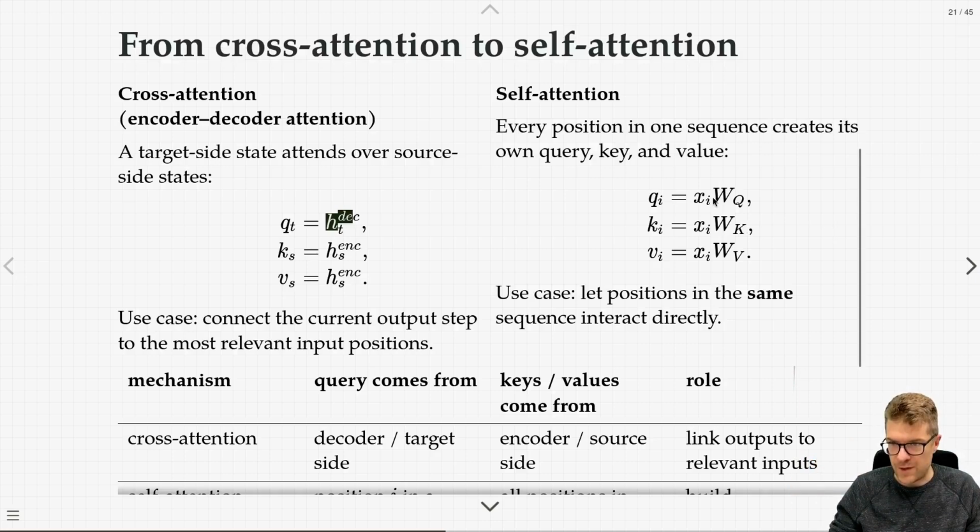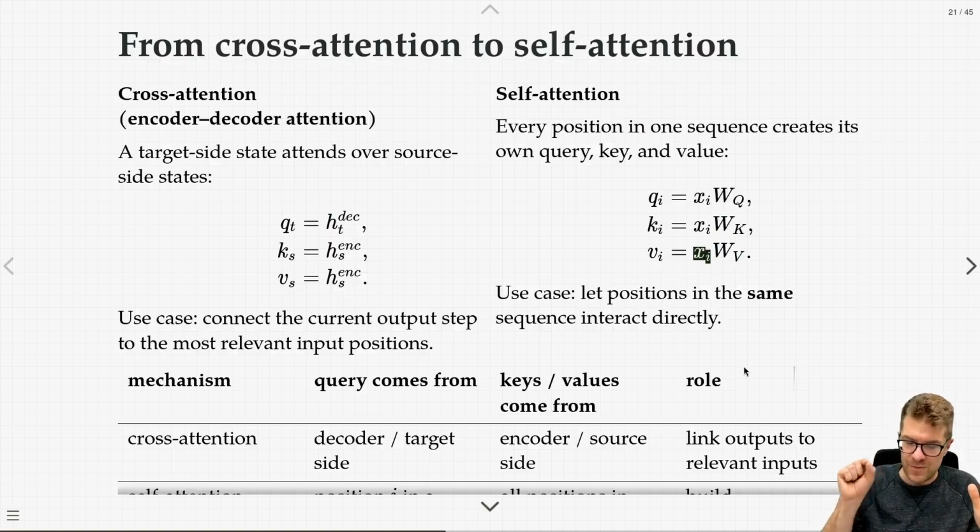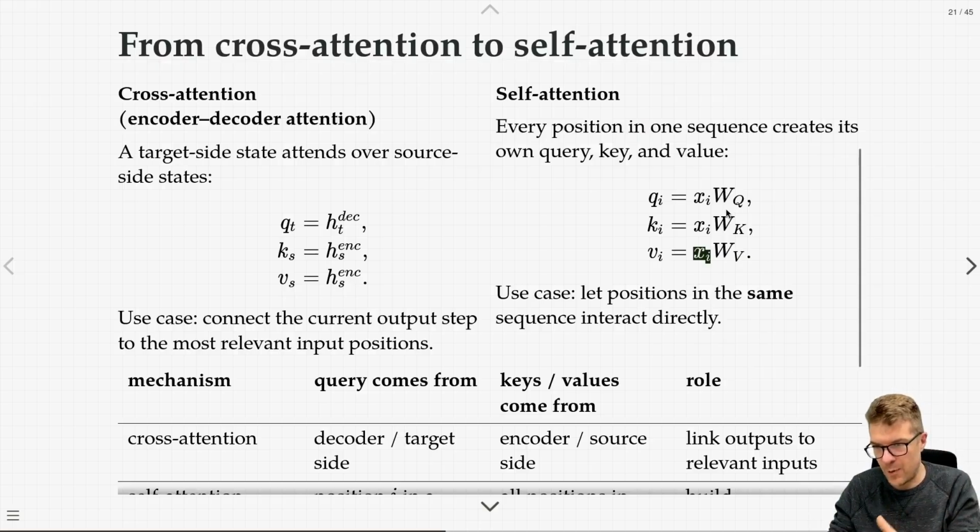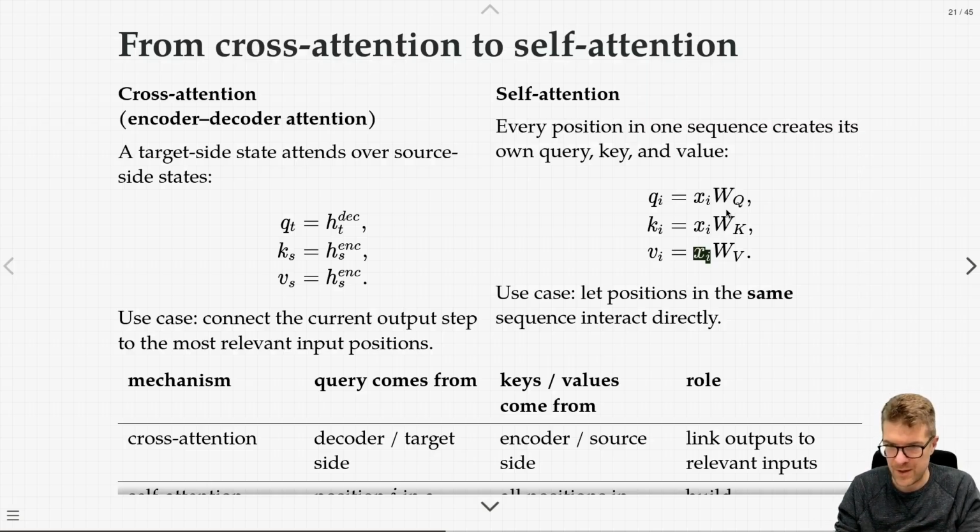So we're going to have this big weight matrix W for our queries, a big weight matrix for our keys, a big weight matrix for V's, and then for every element in our sequence, X sub i is like one word in our sequence, we'll multiply it by our weight matrices and get a query, a key, and a value. So this basically allows us to have better internal representations, which I've been calling H a lot,